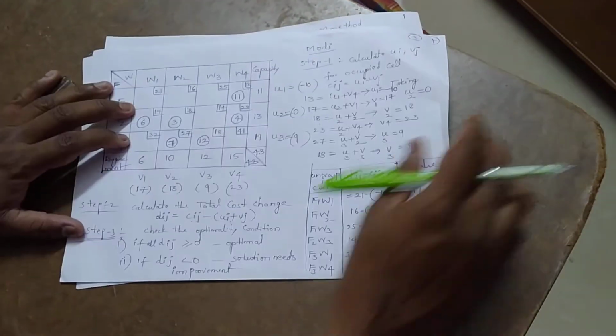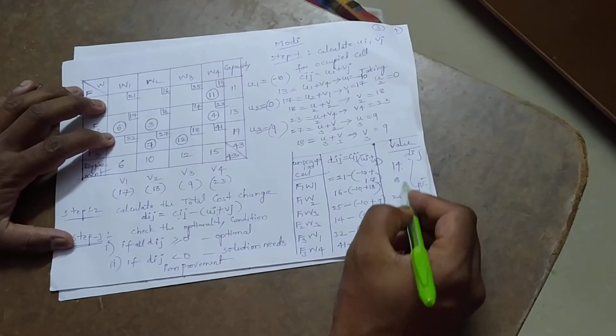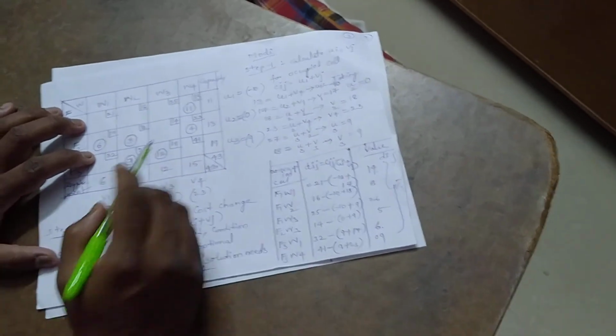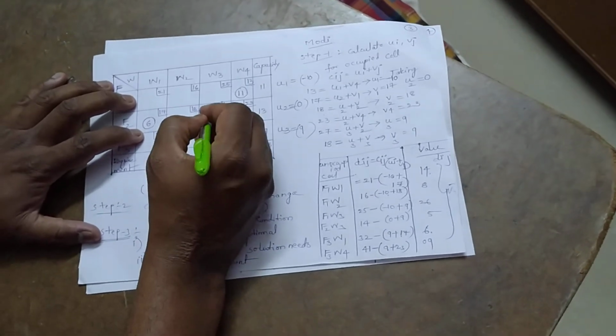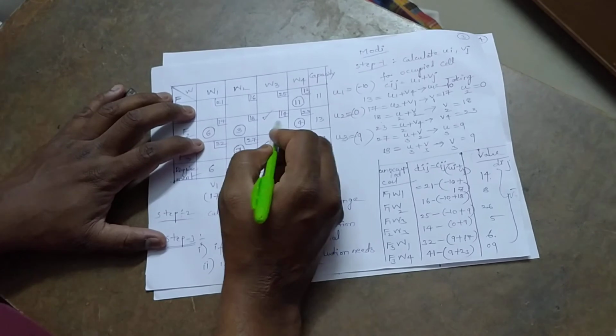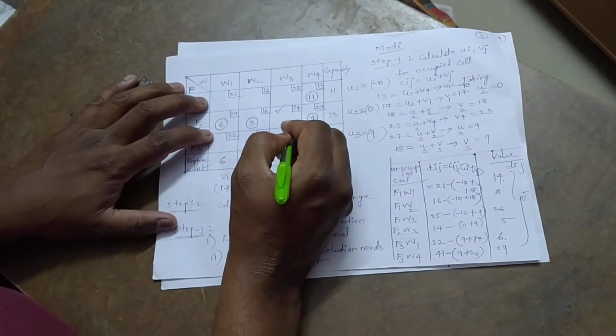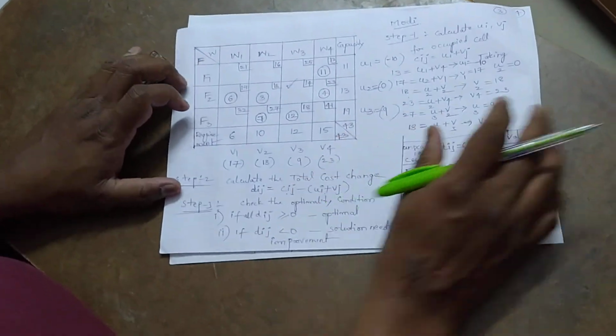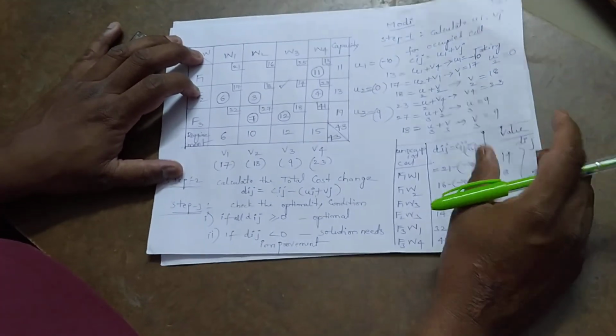Now actually in the MODI method, suppose in the problem any of the values is a negative value. If there is a cell that has got the maximum negative value, that particular cell will be taken and we need to form a closed loop. That particular problem we can see in the next class. Thank you.